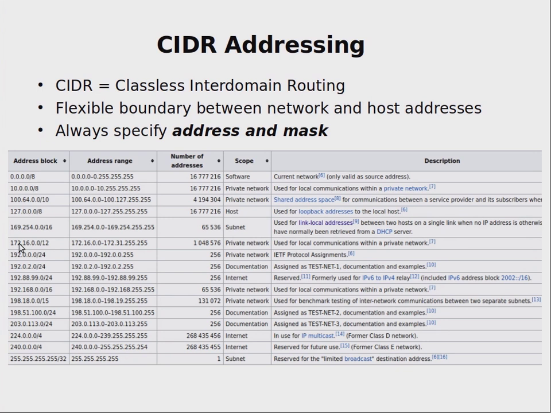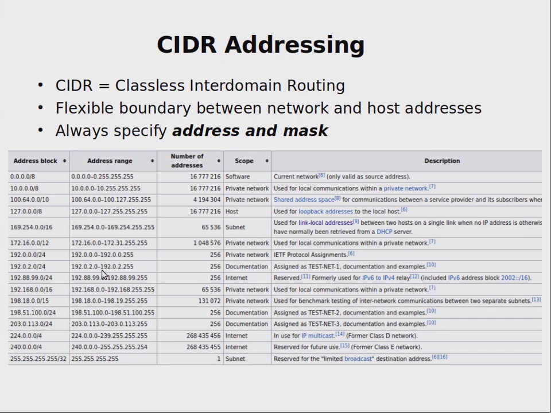Or you may see 172, for example, if the first 20 bits are network and then all others are computers or concrete devices.